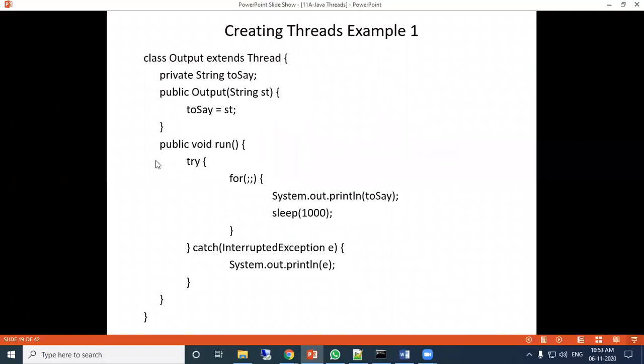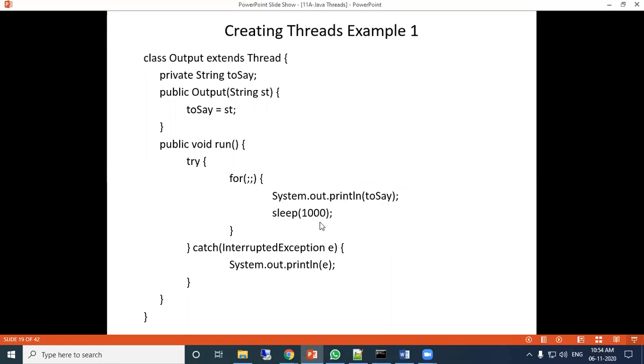And this is your run method. Inside the run method there is an infinite loop, which is printing the to say value continuously, and after printing each to say value it sleeps for 1000 millisecond.